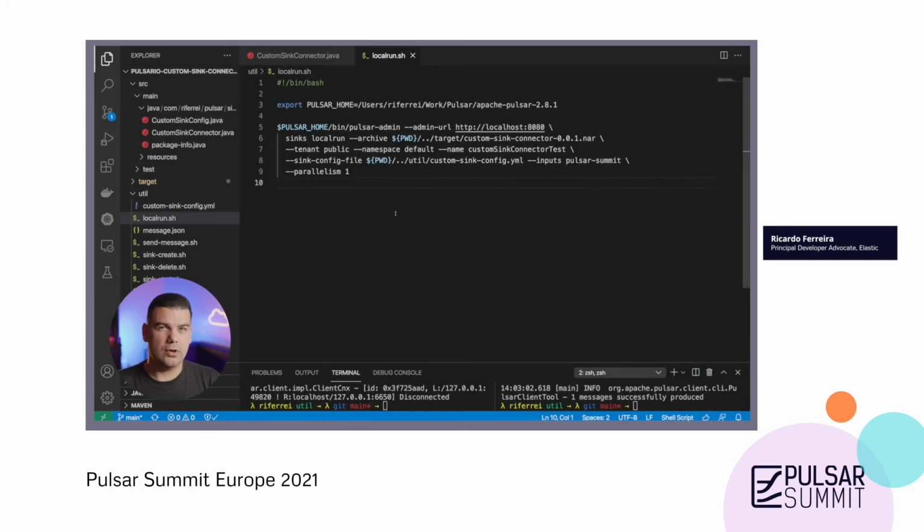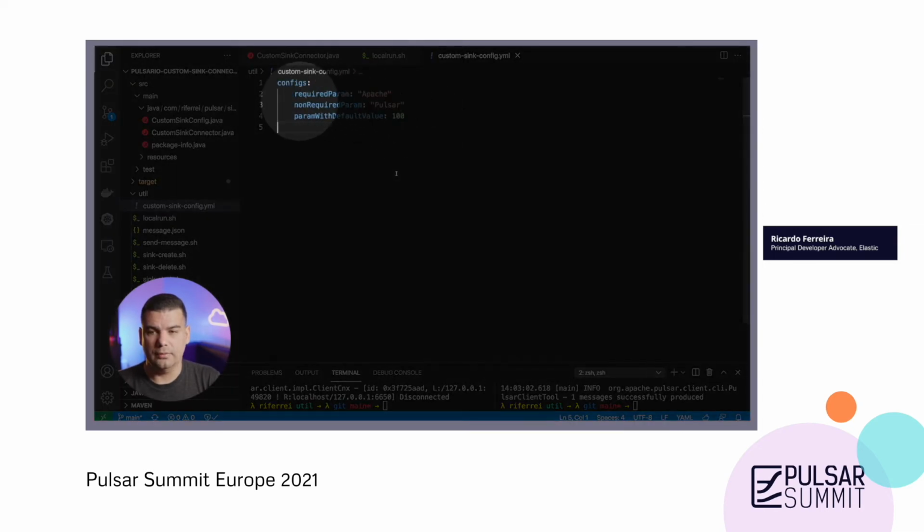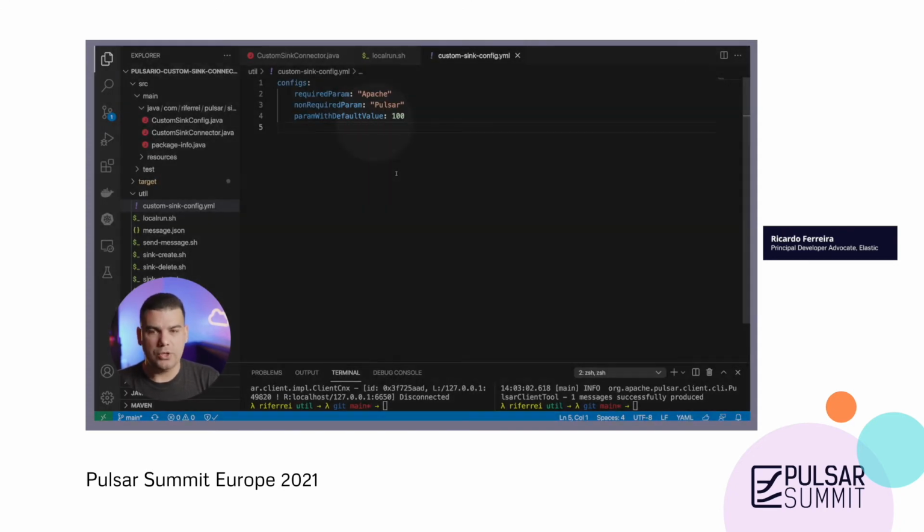Those are parameters that you're going to let your users specify, which influence the behavior of your code, like how to customize your connector. This configuration file is written in YAML, and I've created here 3 parameters: a required parameter, a non-required parameter, and a parameter with a default value.